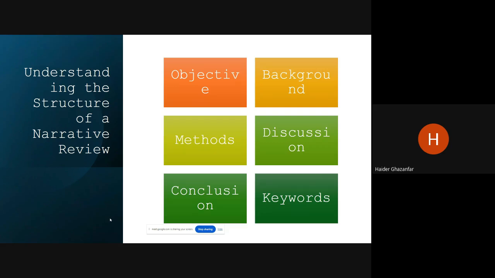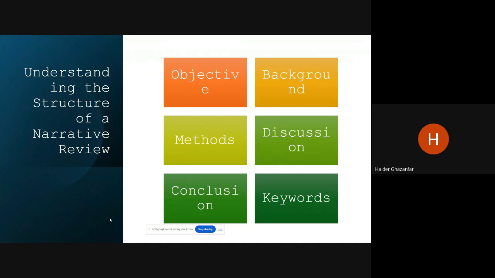Discussion is basically where you focus your main review article, what your findings are and how you summarize them, and then the conclusion and the keywords. These are the main headings your review article will have, regardless of which journal you are submitting the article to. Keywords are also very important for two reasons. First of them,